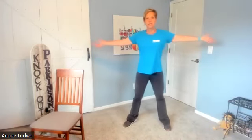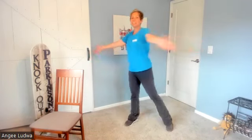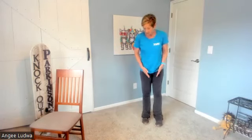We're doing our twist. Same thing we did in sitting, but we're standing. You're twisting, getting those hands to touch. Open up big. 1, twisting the other direction. Open up big. 2, twisting, and 3, twist. 4, twist. 5, twist. 6, twist. 7, twist. 8, 9, last one, open up big. 10. Awesome. Okay, our step, bring your feet a little bit closer together, hip distance, and we're going to step